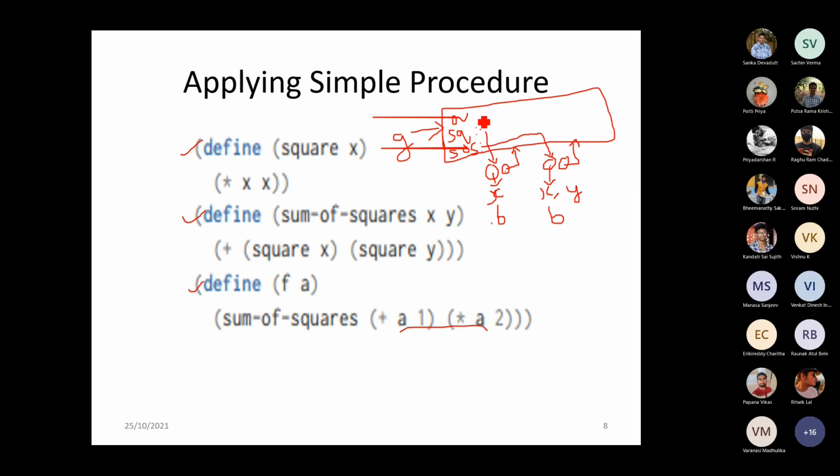Next we have one more procedure, F. I'll write it here, F procedure. This is also a procedure, so it will be represented like this. We have two pointers, one pointer maintaining the details, so A, and the body of the function F. Here also we don't have any dependency, so it will be pointed back to your global environment. So when we have the definitions of all the procedures done, this is how your global environment will look.